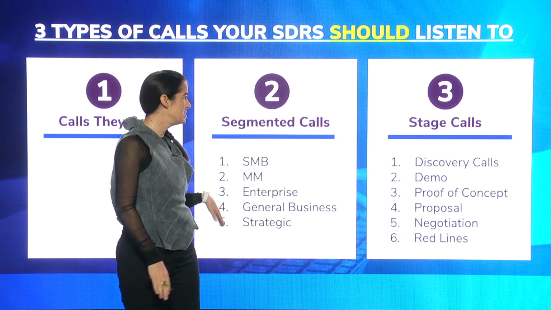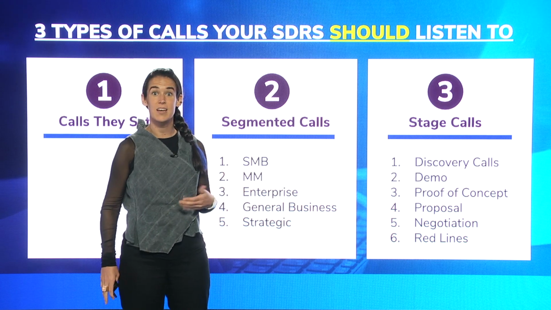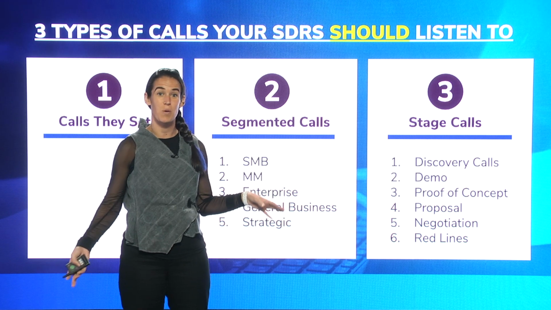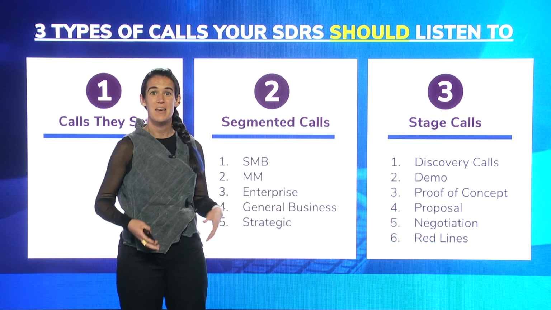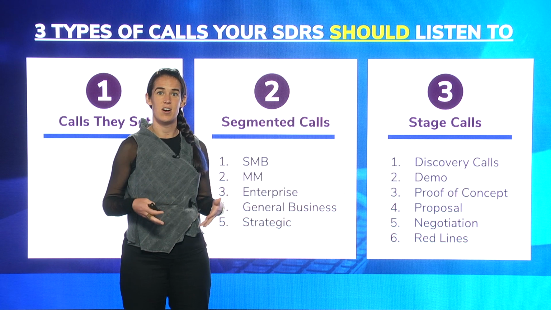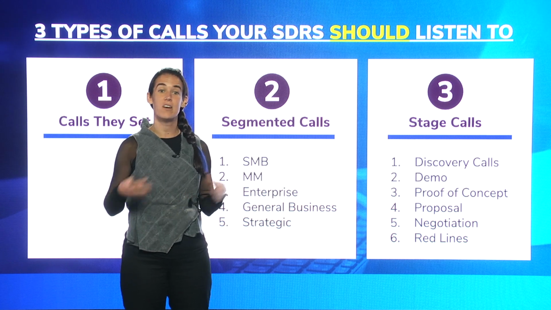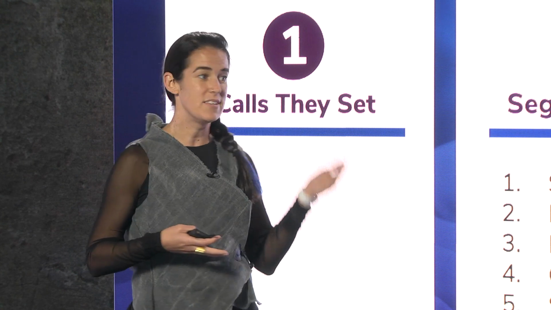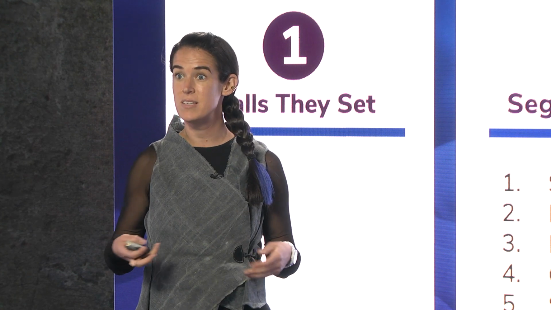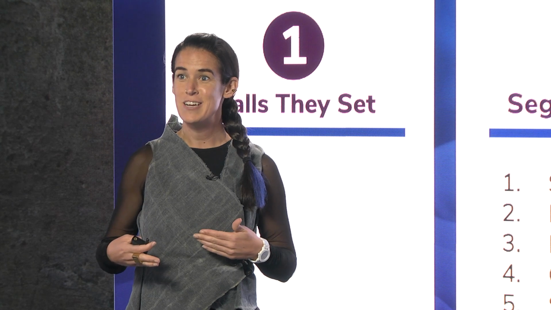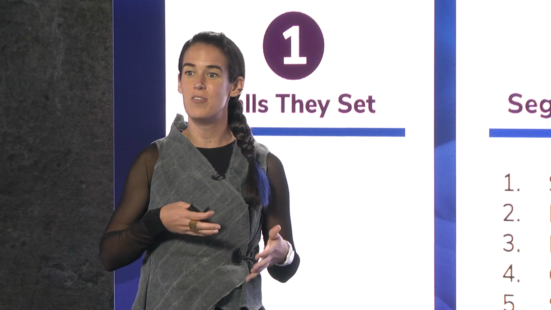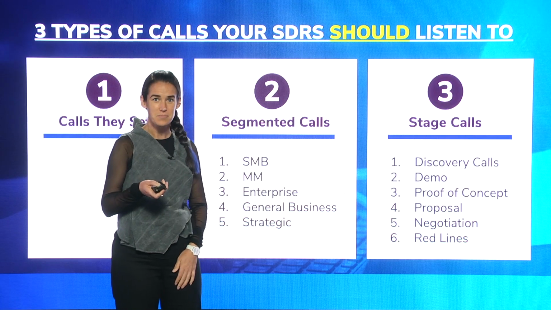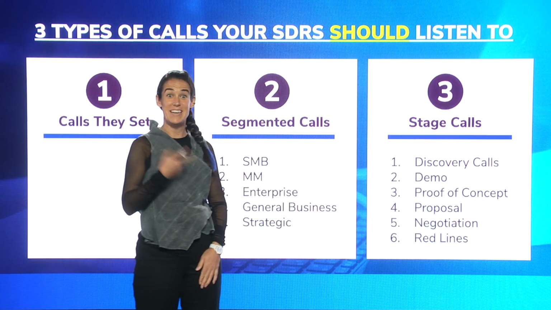And so an SMB deal, for instance, can happen much more quickly and only involve one person, whereas an enterprise deal can include up to 15 to 20 people who are in the decision-making room. So segmented calls give an SDR a really good flavor, even if they are going to transition and become a junior AE, or an AE within a specific segment. This can help them understand across all segments what kind of trends they're going to start to see, so that whenever they do become an AE, they know the nuances and differences, so it helps update the way they're going to pitch the product. The third bucket is stage calls.